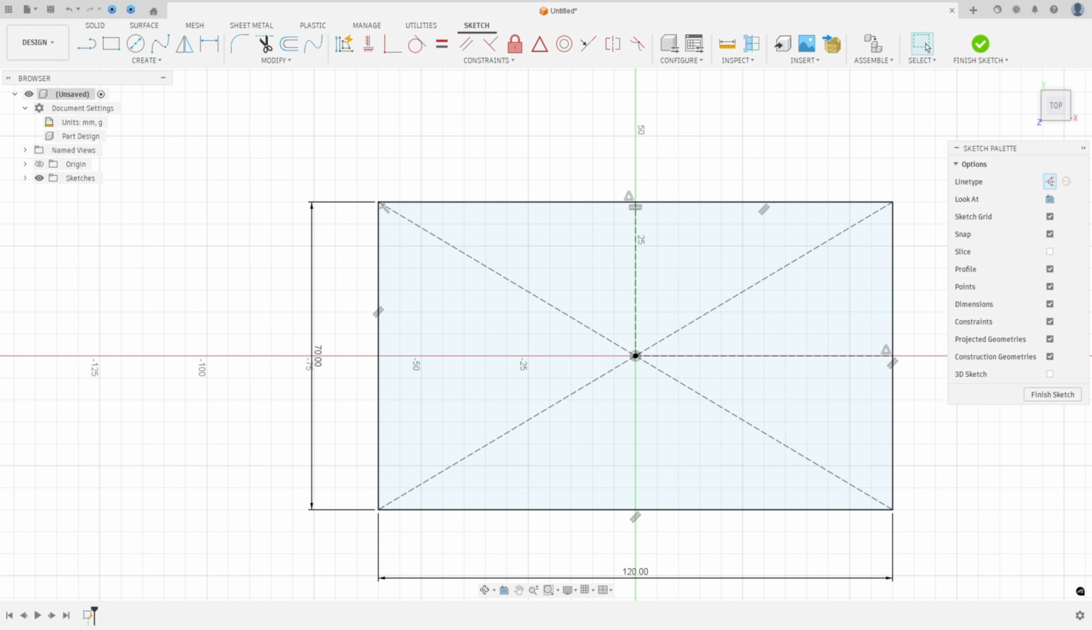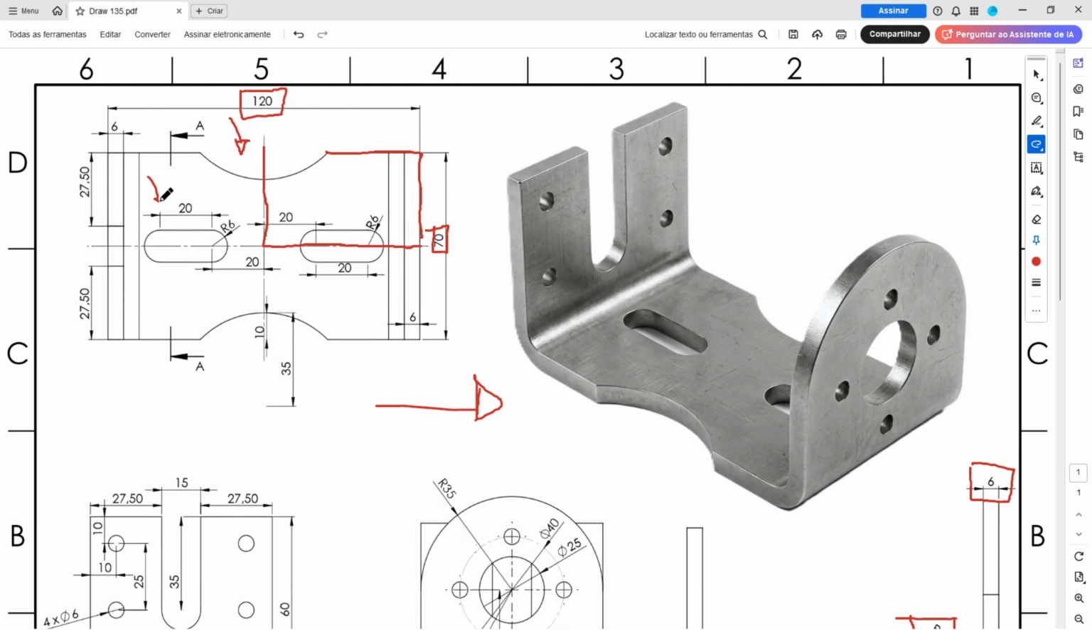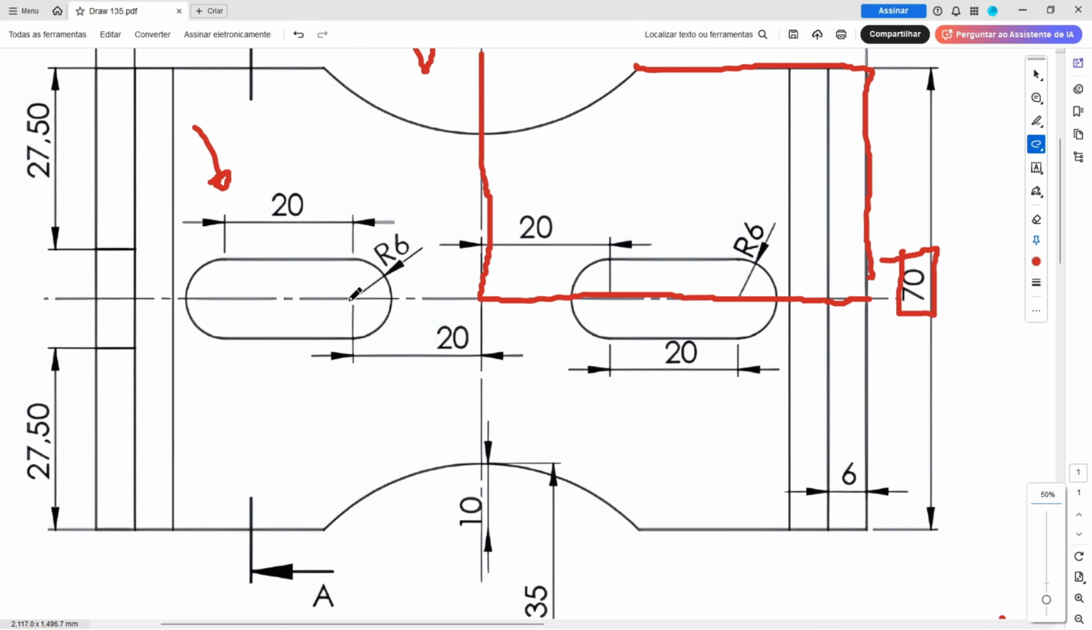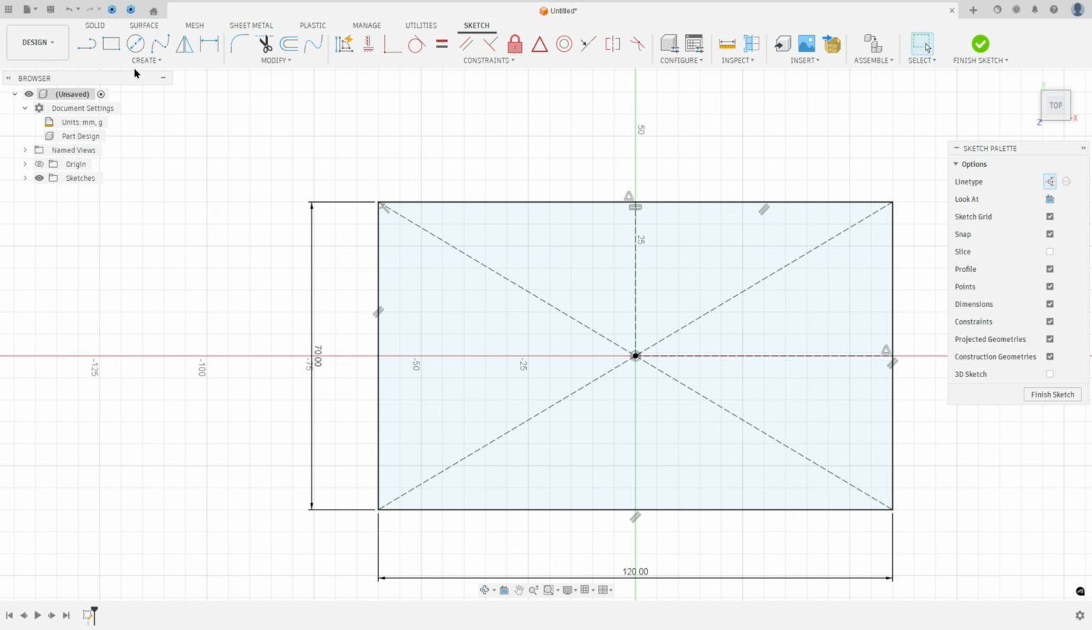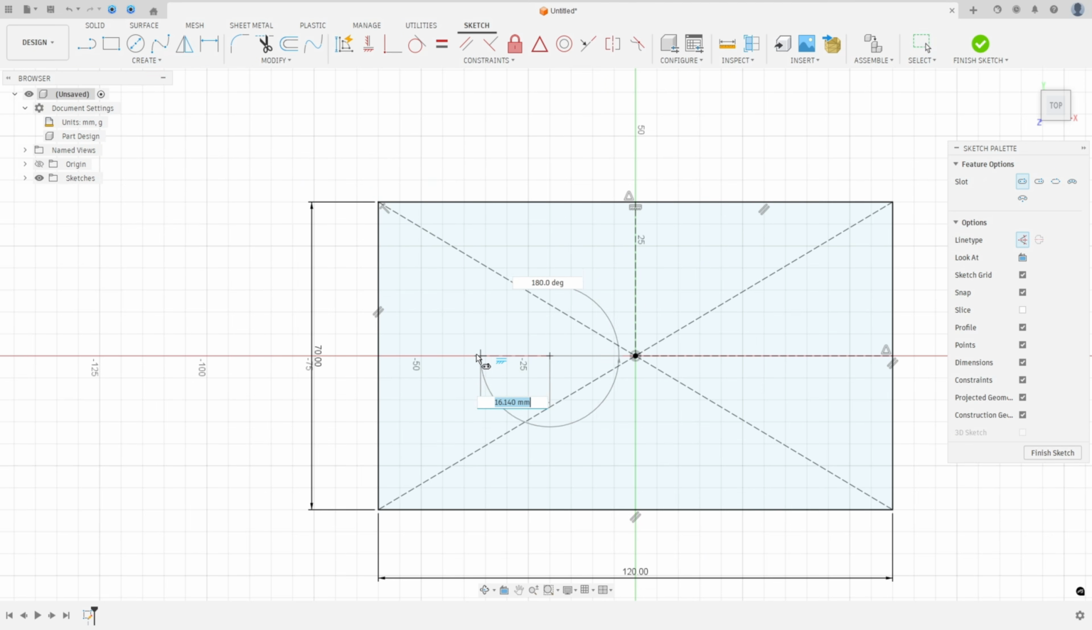And now we will create this slot. This slot has 20 millimeters by 6 millimeters of radius, and the distance between this point here and the midpoint is 20 millimeters. This point here is the center of this arc. So go to create, select a slot, center to center slot, make a slot here, remove the construction line type,